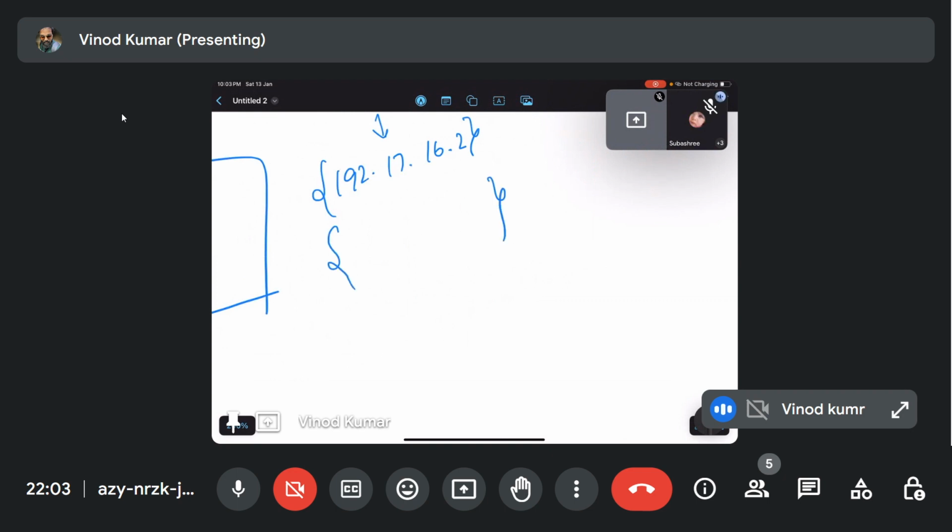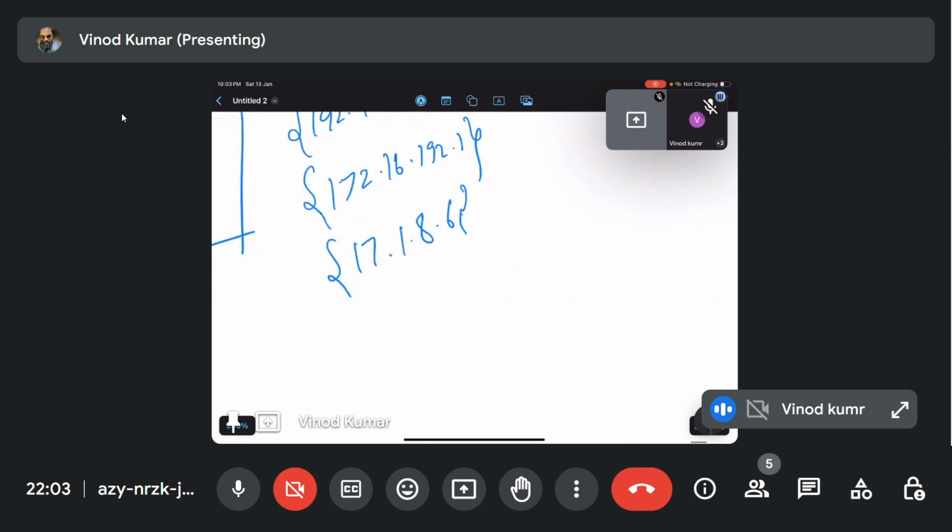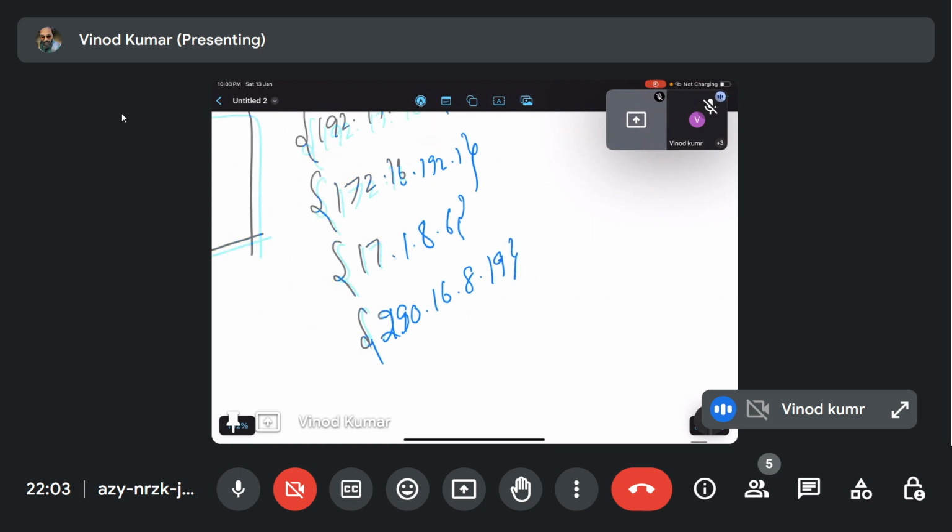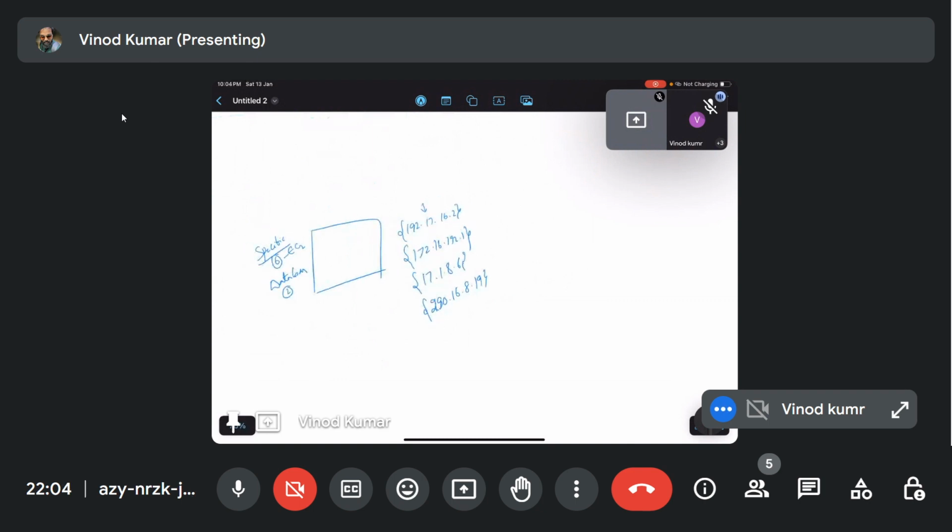The second one generates 172.16.192.1, the third one generates 117.1.8.6, and another generates 230.16.18.19, for example. If they are generated like this, it is not possible for us to have a sequence for the IP addresses.